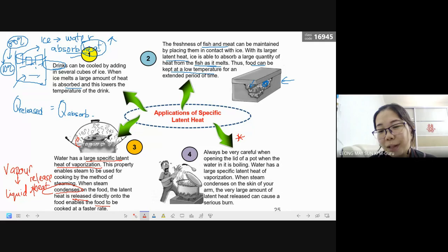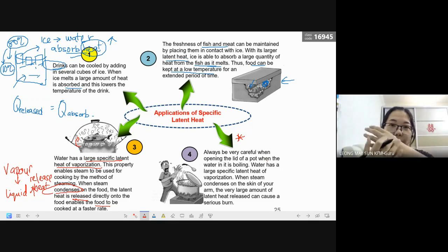So we have to be very careful when we open the lid of the pot when the water is boiling, because if you notice one thing, if some drops of boiling water hit your hand, it's not as painful as when the steam hits your hand. When you open the lid of a pot that has boiling water in it,